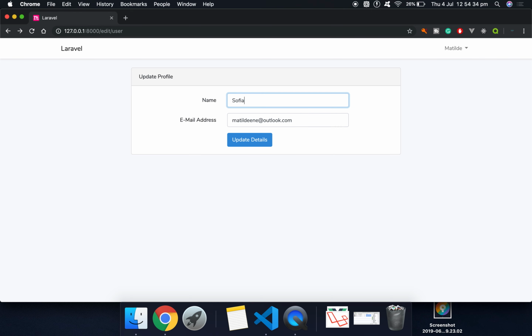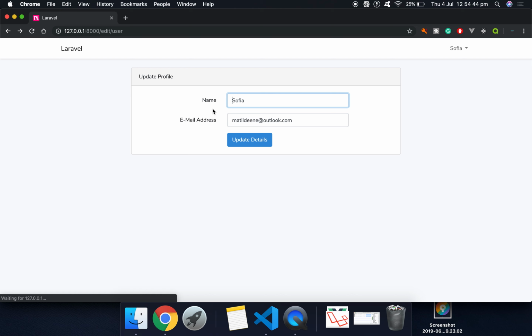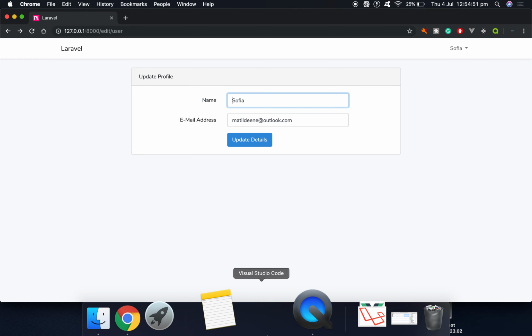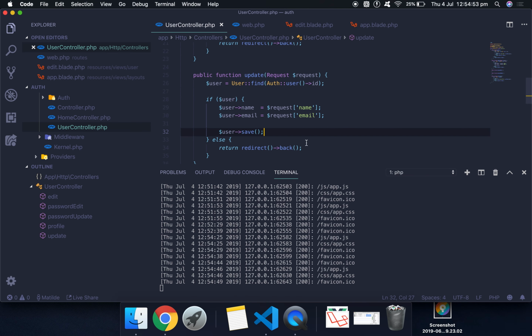So let's just change the name to Sophia and see what happens now. If we refresh the page, we have Sophia, the same here. Of course, what we also want to do is return a redirect